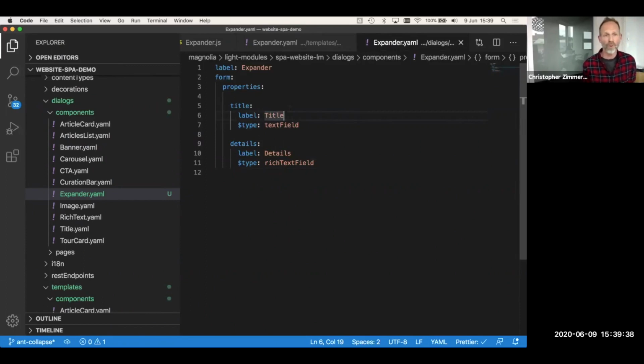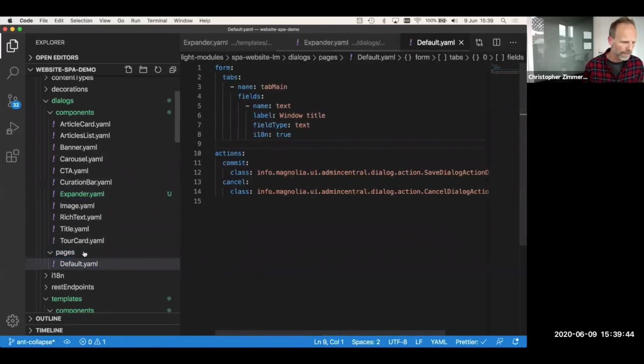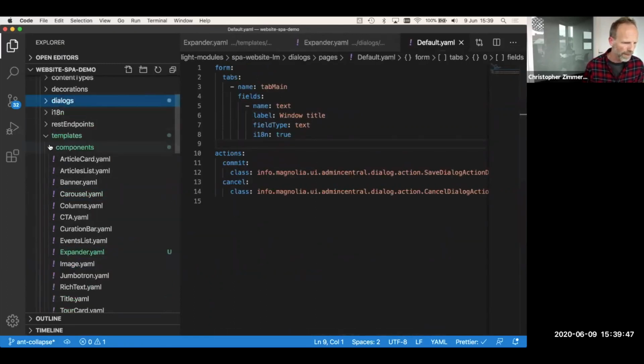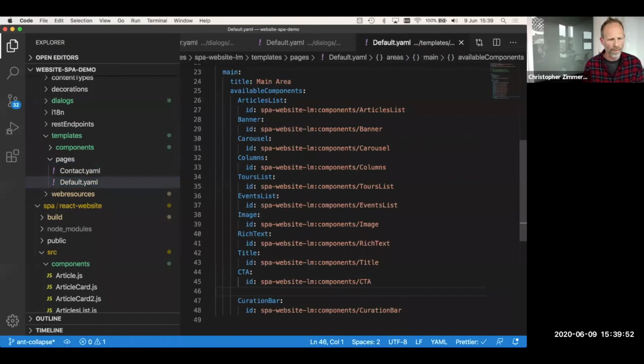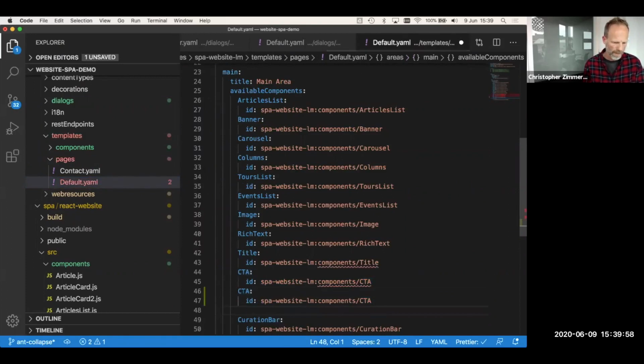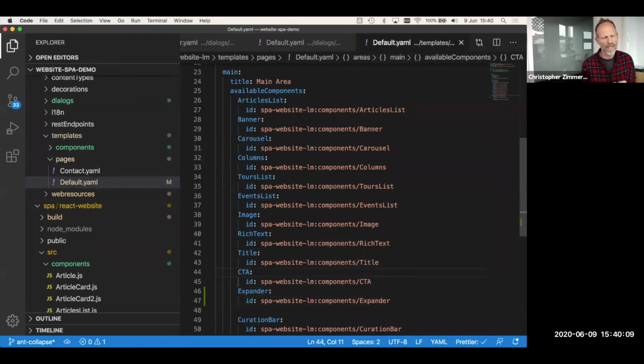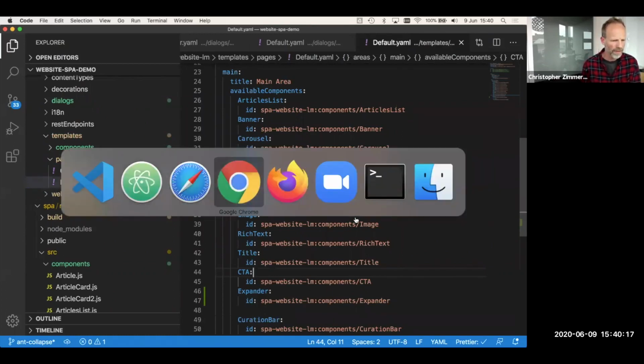So now we actually have what we need in Magnolia, but we need to make it available, right? Remember, we have control over which components can be added in each area. So we just need to edit the page, not the page dialog, the page template. So here's a list of what's available in that main area. And we want to make the expander available. And it's this component. Cool. All right, so now we've wired up everything we need on the Magnolia side. It won't be able to render it yet, but it can at least let us add that component. So let's go back to our CMS